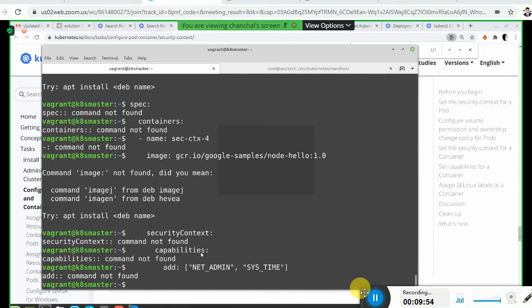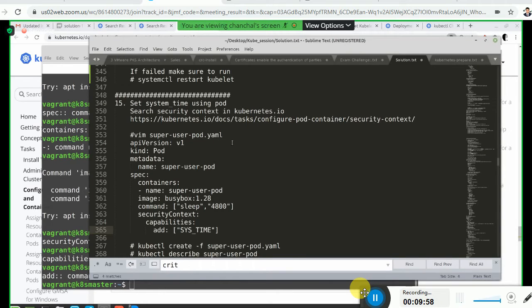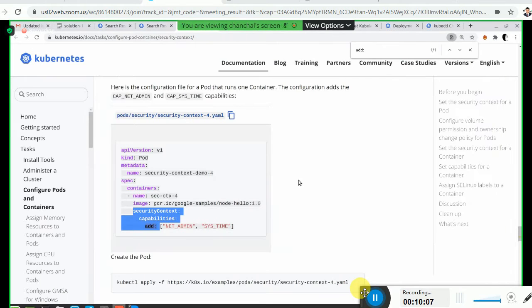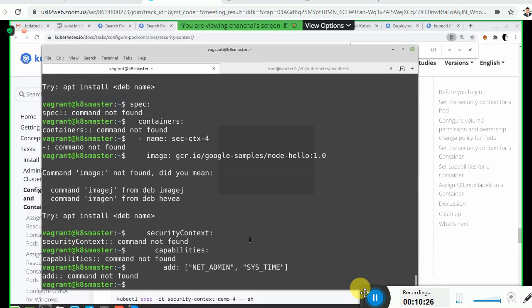That link is there in the HTTPS in that particular doc. No, I mean the curl link for kubectl apply. Yes, if you see the create pod, kubectl apply -f, that link is there. You just copy the link from here itself. Let us find out whether that is working fine or not.